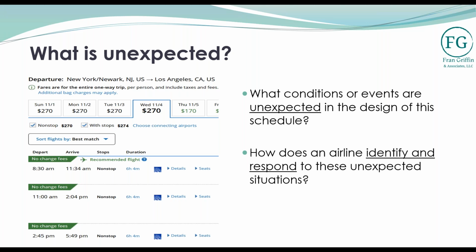And how do they respond to it? A lot of it, as I'm sure you know, in aviation is criteria-based. So for example, if we're having bad weather in the New York metropolitan area, which has 3 large airports, the airports don't have to call up the CEOs of the airlines to get permission to space out the planes, which does affect the schedule. They have criteria at which they just start spacing out the planes to make it safer